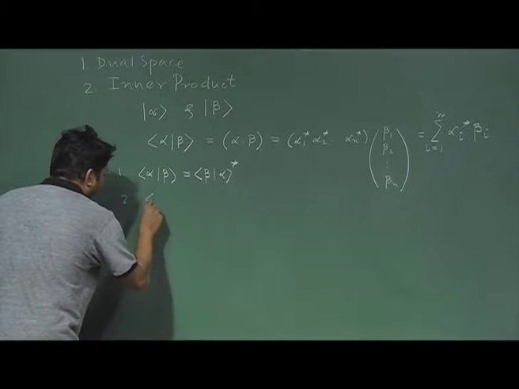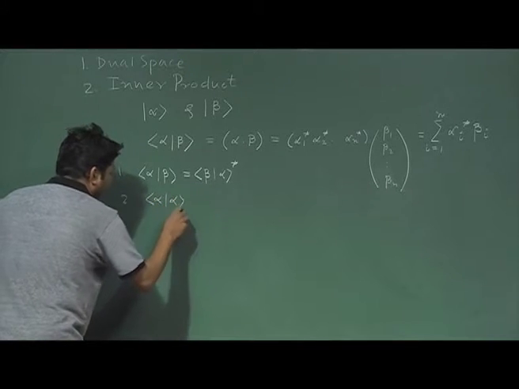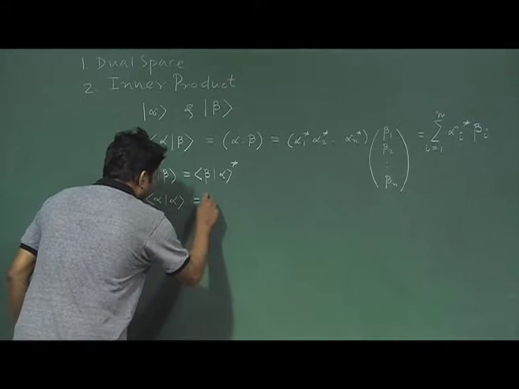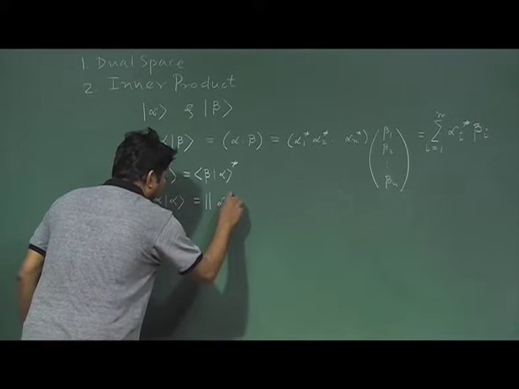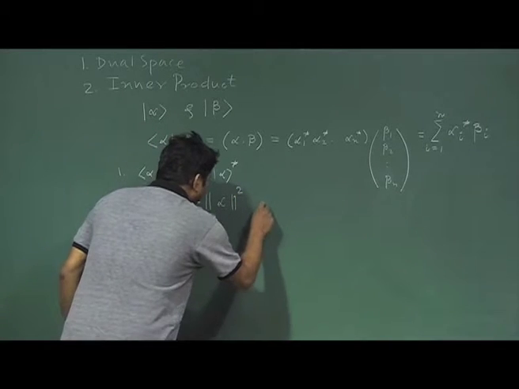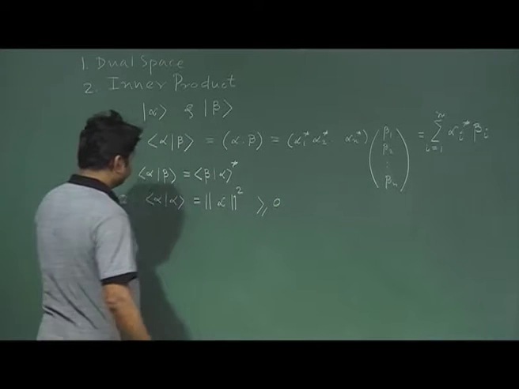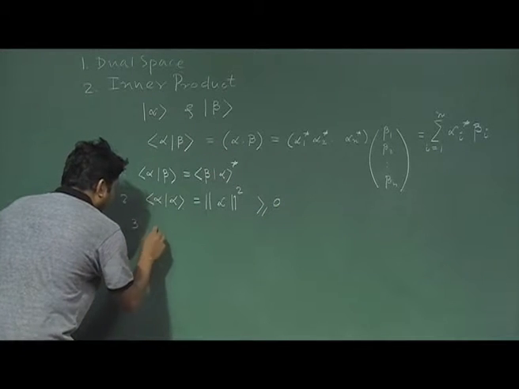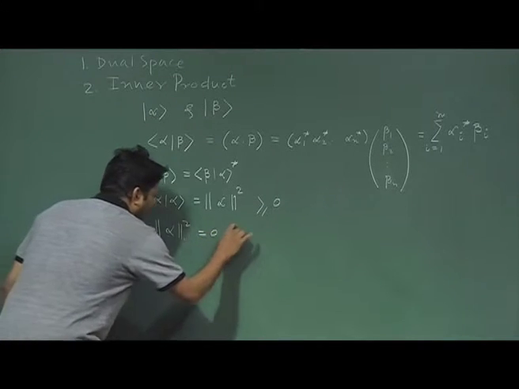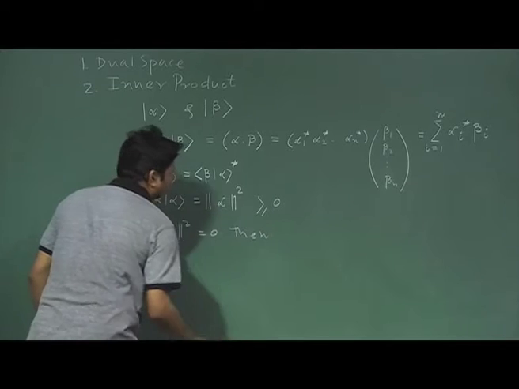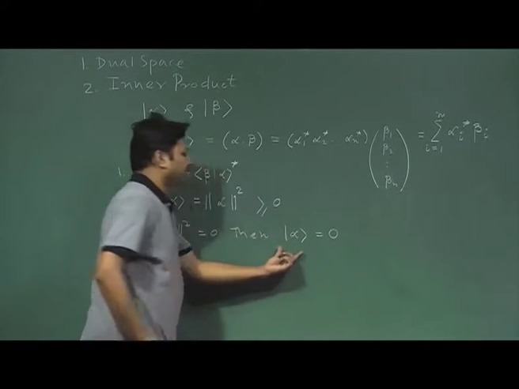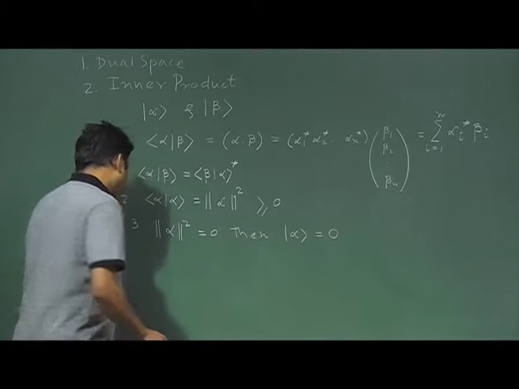Next thing is that (alpha, alpha), if I take the inner product of the same vector with itself, then we essentially call it the norm square. This quantity is always greater than or equal to 0. Third, if this quantity is 0, then the vector alpha must be 0, or it is a null vector. And finally,